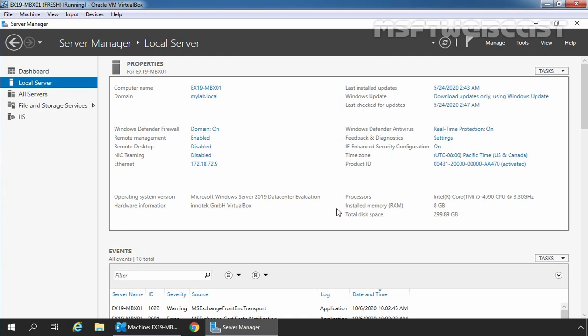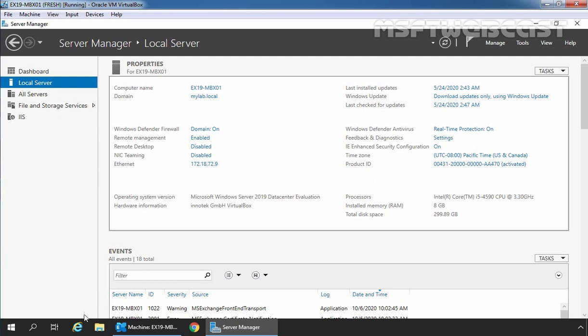If you hide any mailbox from the address list, the recipient is also hidden from all address lists and the global address list as well. The procedure to do this is quite straightforward. We can use Exchange Admin Center or the Exchange Management Shell to hide a mailbox from the address list. To start, we need to access the Exchange Admin Center.